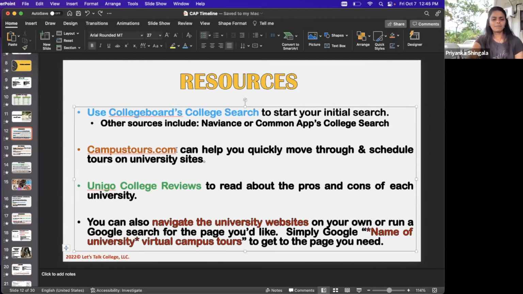Okay. Other websites you can go on: campustourist.com is pretty nice in terms of automatically taking you to the tour scheduling pages for all the universities. If you go on campus tour, you enter the name of the university, let's say American University or NYU, and you'll get the appropriate links for NYU campus tour scheduling, NYU, all the social media.